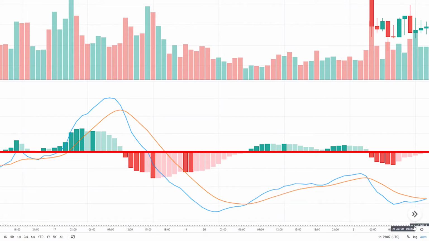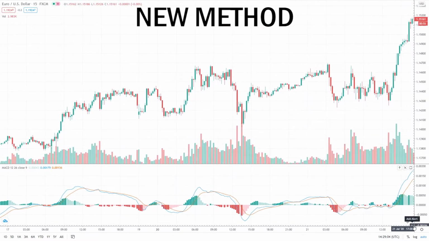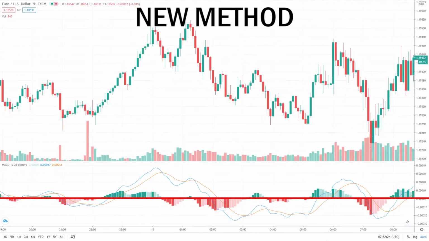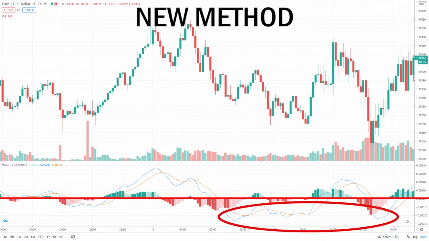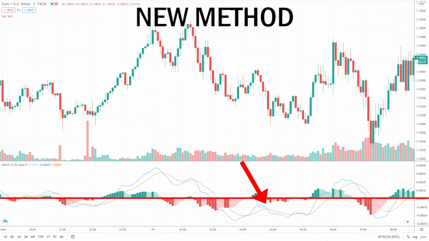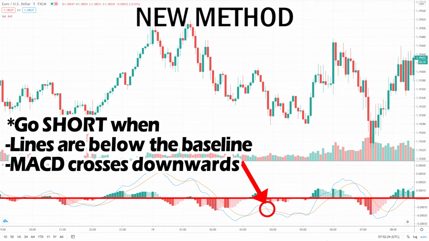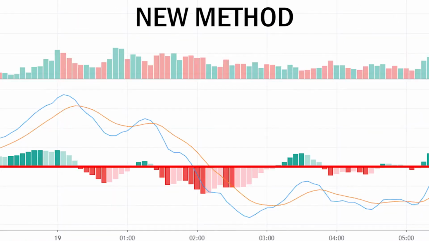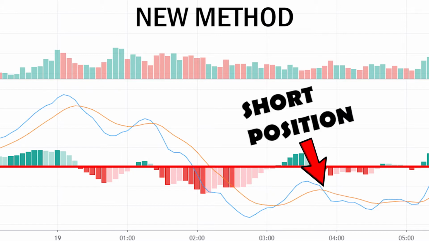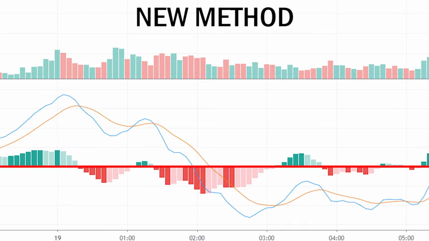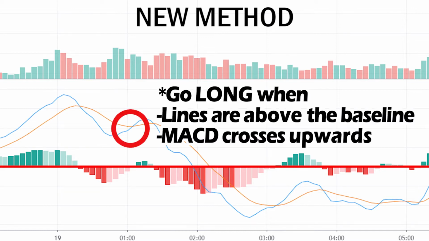Pretty simple. Now for the new method. This is a different way of utilizing the MACD. The lines can be either above or below the baseline. If the lines are below the baseline, you wait for it to cross downwards again, then you take a short position. So after the lines cross upwards, wait for it to cross downwards again while still being below the baseline. That's when you take your short position. It's the same example with the long position. When the lines are above the baseline and it crosses upwards again while still being above the baseline, you take